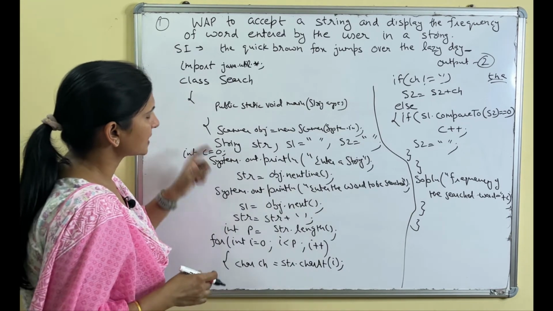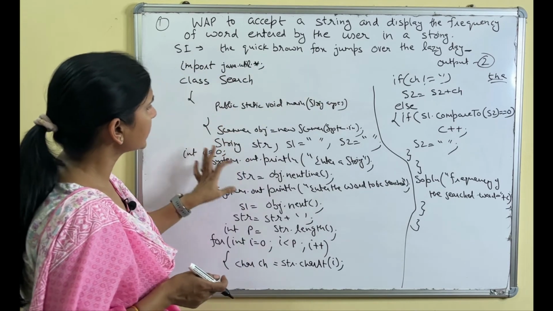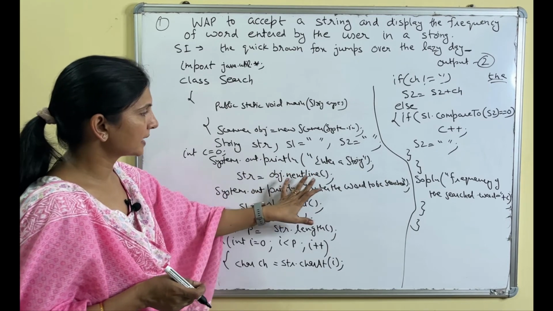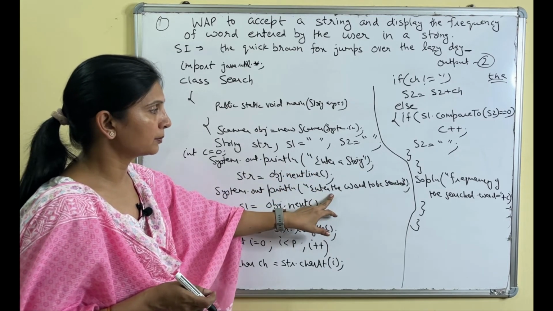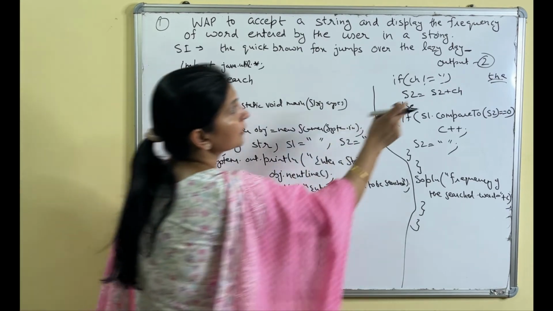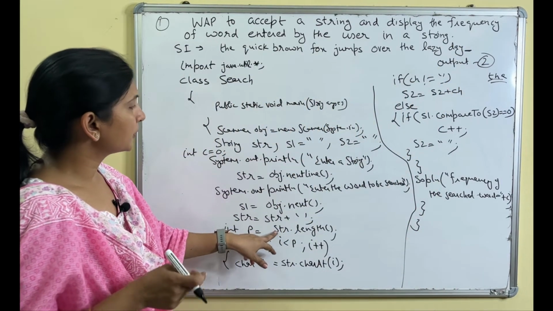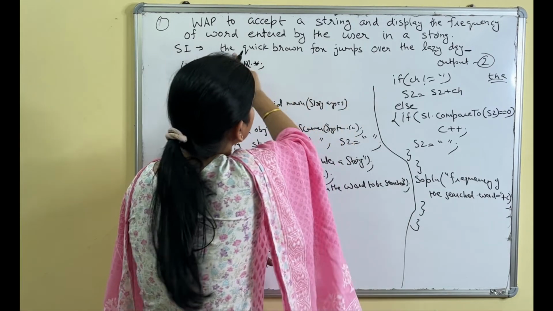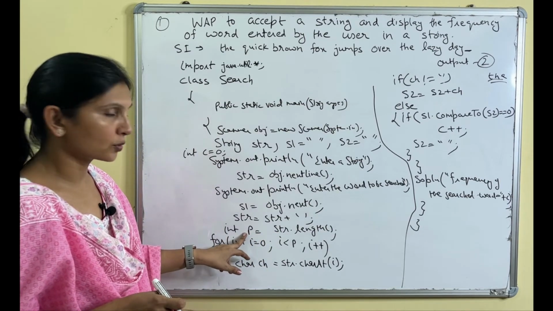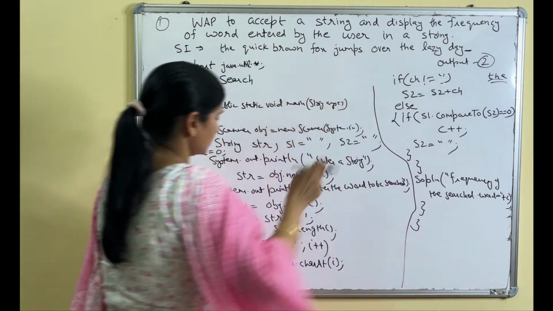Okay, let's see once again. So first what we have done: this is a string, right? So first we need to input a string, enter a string. We have input the string by using the nextLine function. We have input the word which we need to search. Then first step, we added one space at the last of this string, fine. And then we found out the length of this string, whatever the input string is, str.length(). So the length of the string we have stored in p. Where did the loop run from and to? From 0 to the last, okay.